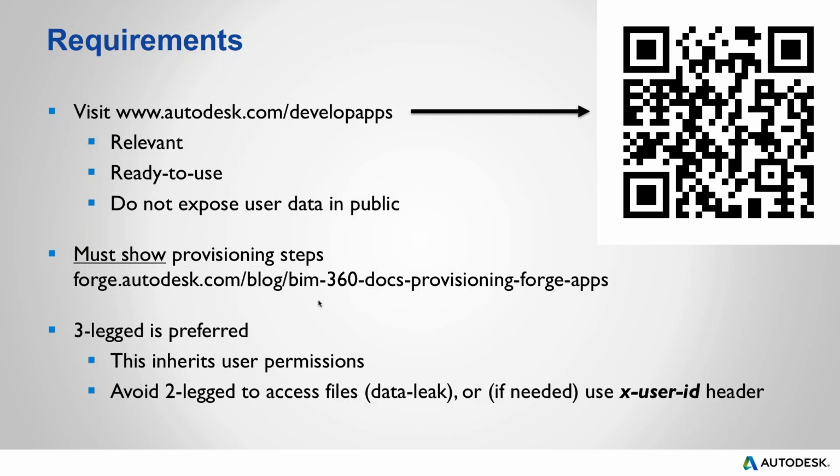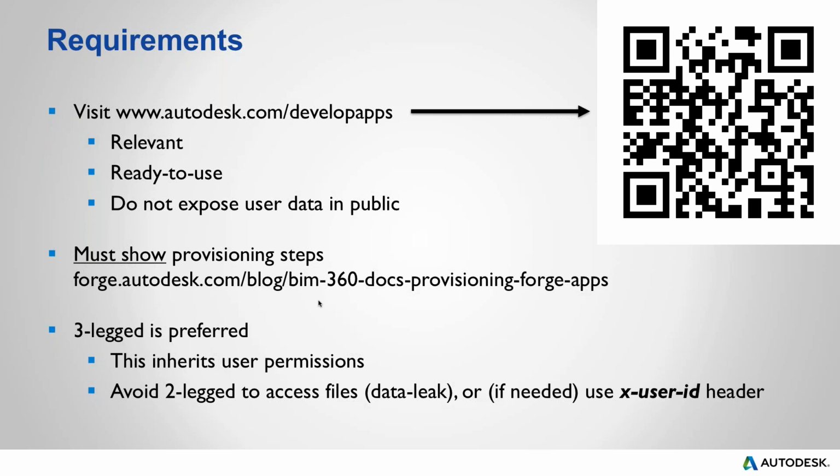Preferably, if you have to access files, use three-legged. If you need to do something like accessing or creating projects, or something that really requires two-legged, then go for it. But avoid using two-legged to access files. I know I'm repeating myself, but that's very important, right? Don't use two-legged to access the files, because you are going to show data that the user doesn't have access to. And if you must use two-legged,